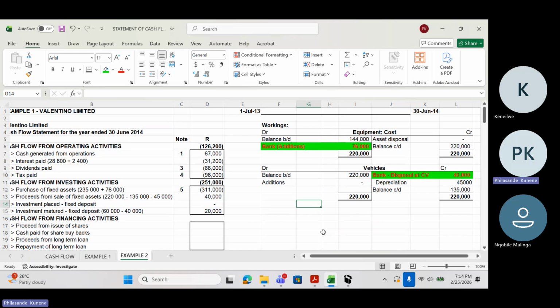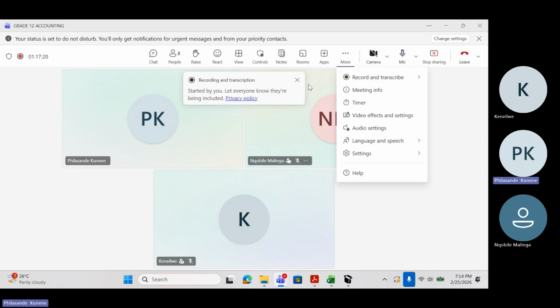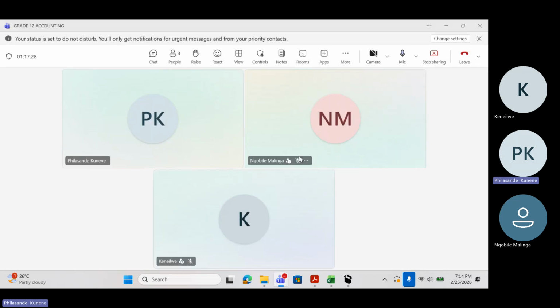Okay, guys, these are the basics that we're looking at. These are the things that we will still be talking about when we're doing the question paper. So these examples are very important. Please, let's take them seriously. You need to practice them, guys. If you only spend time with me here and then you don't practice in your spare time, you're going to have a problem. I'm not going to lie to you. This thing, you need to do it on your own. You need to practice it again alone, right? You don't have to do everything with me. You also need to have your own